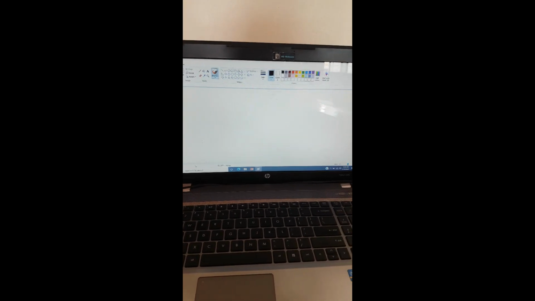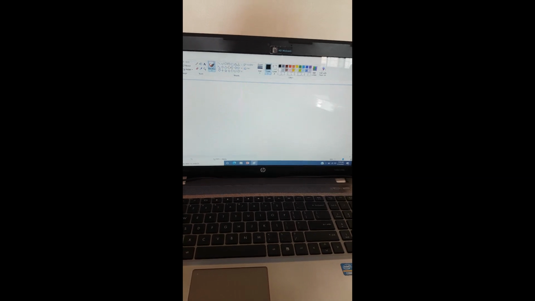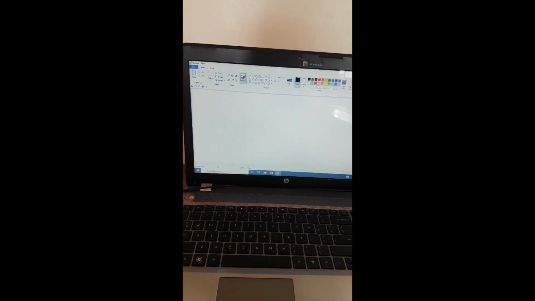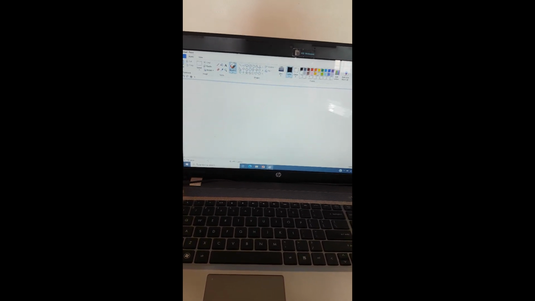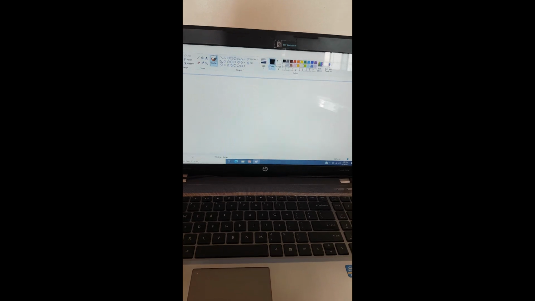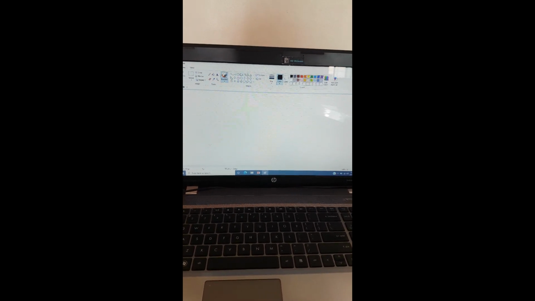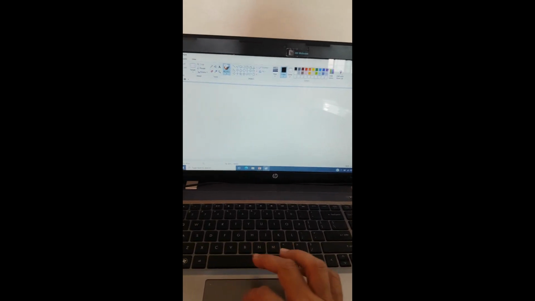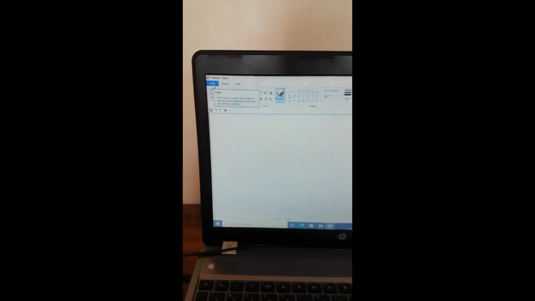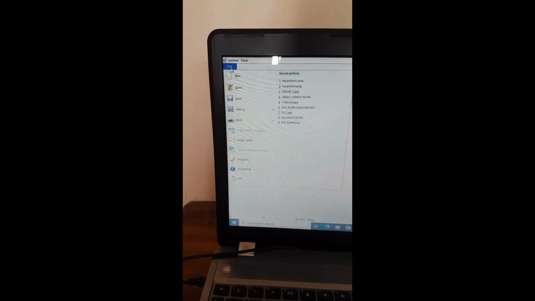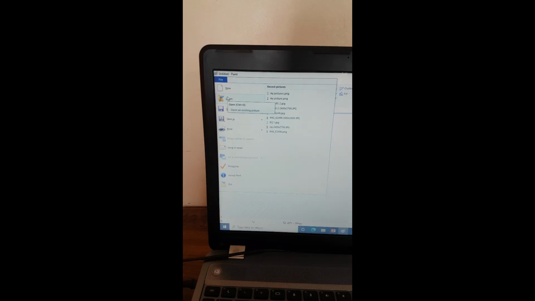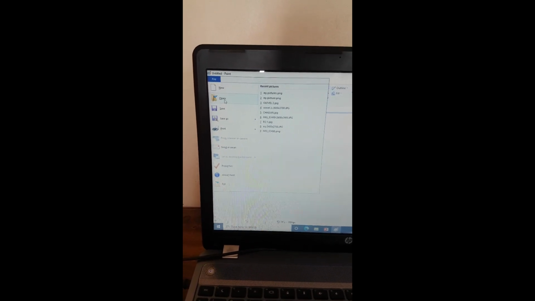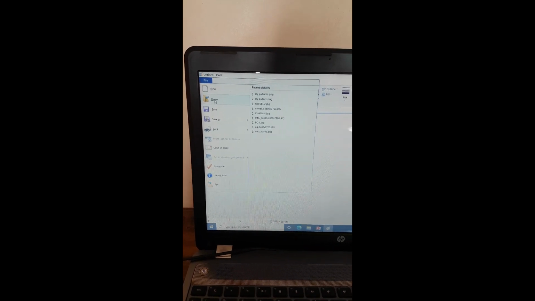How to open a saved picture in Paint. Open page number 57. In this video, we are discussing how to open a saved picture in Paint. To open your saved picture, you can follow these steps. Number 1 step is to click on the Paint button or File button. Step number 2 is to click on the Open button or Open option.